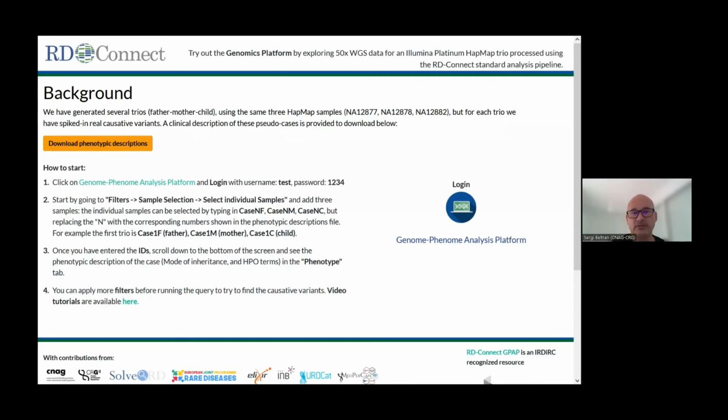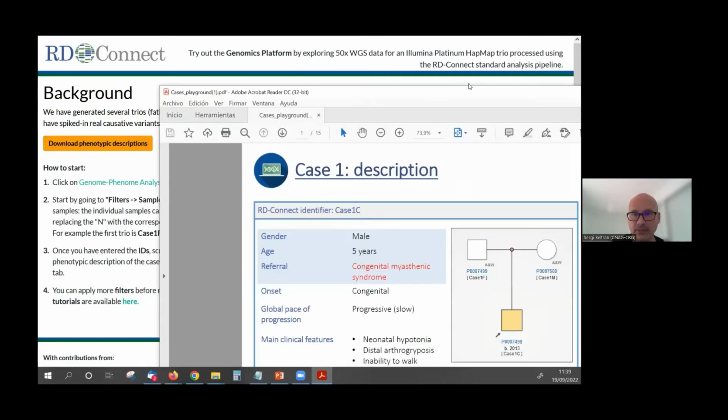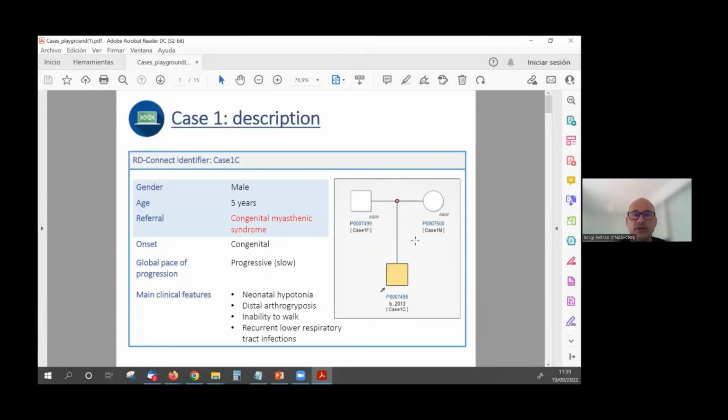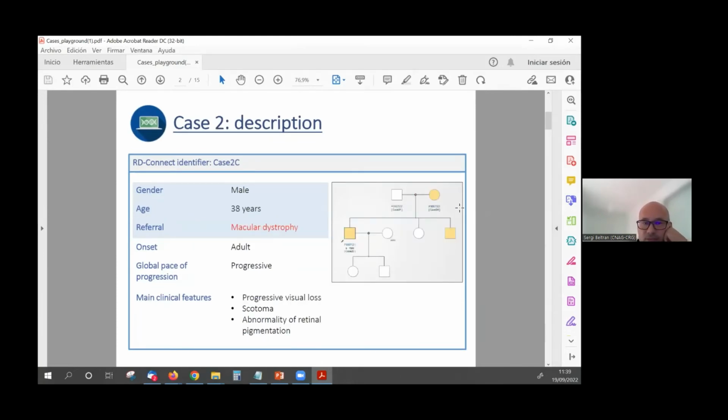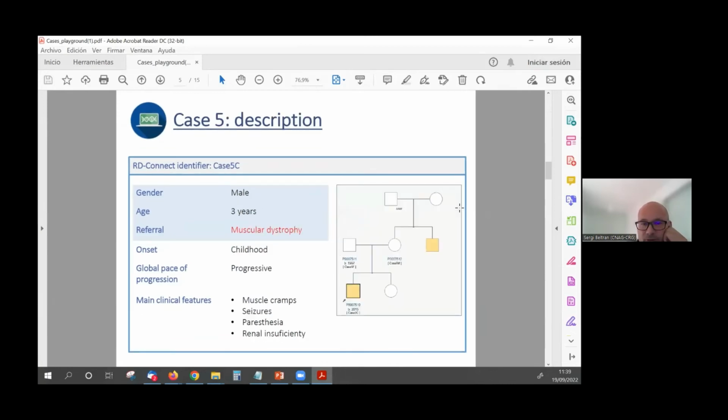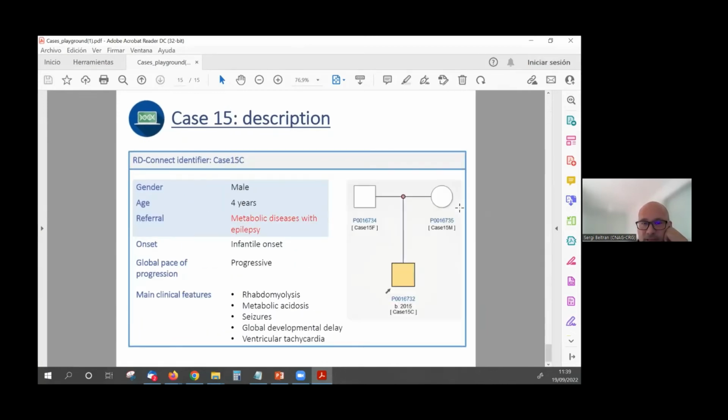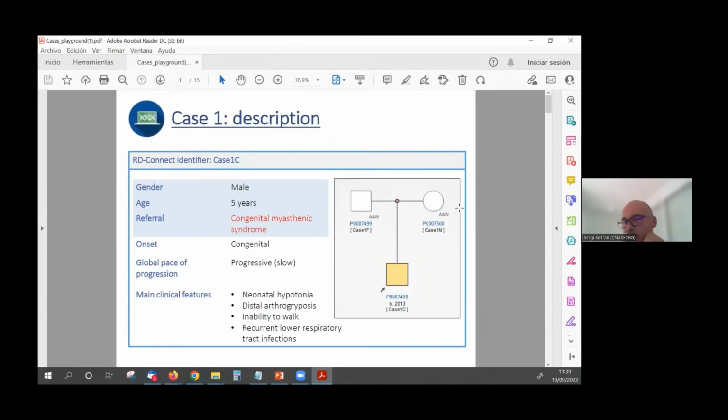I'm going to move into the screen now. Here you will see several slides with different cases: case 1, case 2, case 3, case 4. I'm not going to go through all of them, but you have quite a few cases to try things or use even in your training events. If you want to do a training event, it's good that you let us know so that we make sure the system is up and running and we don't plan any maintenance during that time.